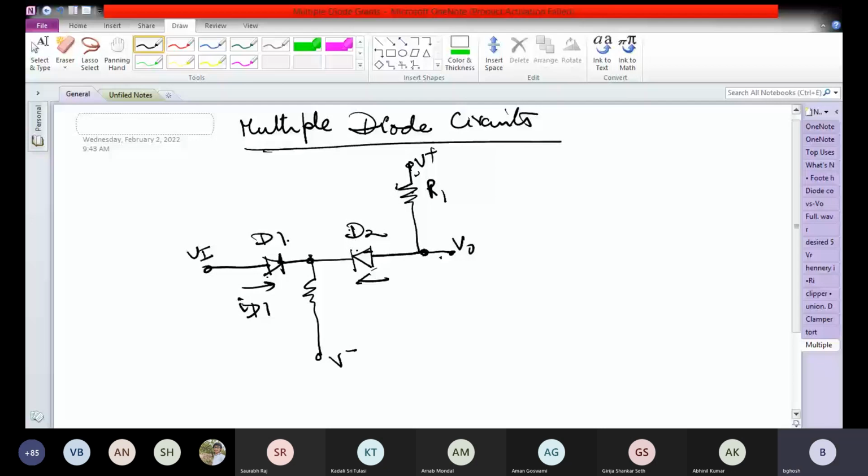This is IR1. This is R2. And this is IR2. Then we are given R1 is 5 kilo ohm, R2 is 10 kilo ohm,